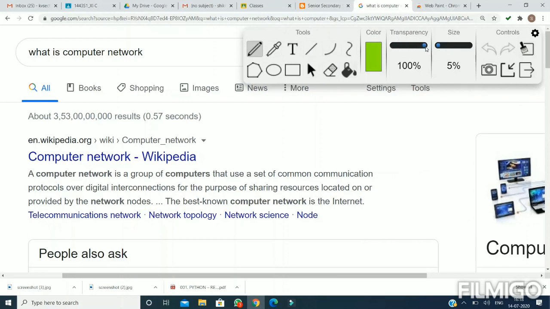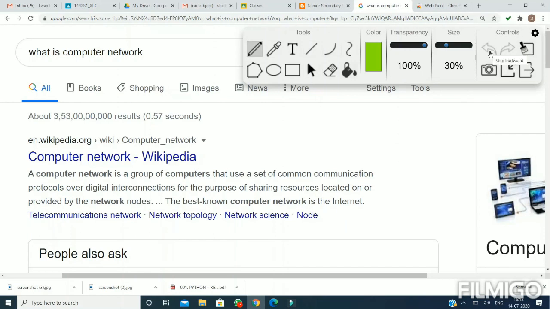This is the size, and this will reflect on all the tools. If I increase it, then my annotation will be thicker, and if I decrease it, then it will be smaller in size.